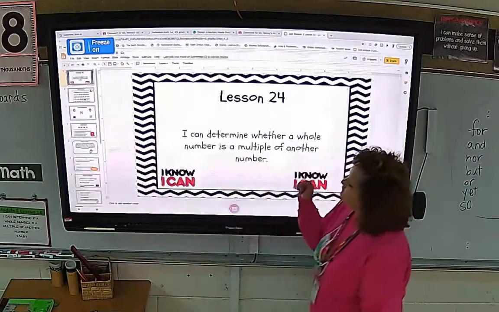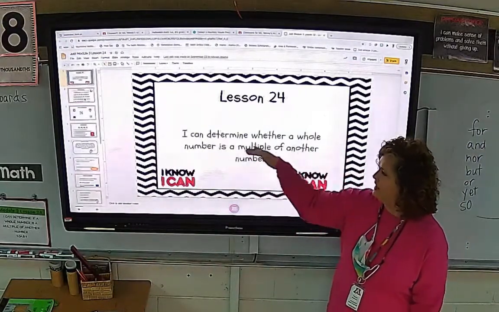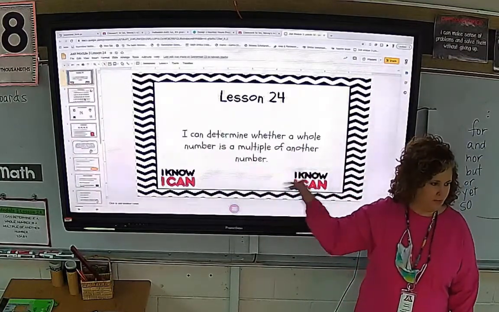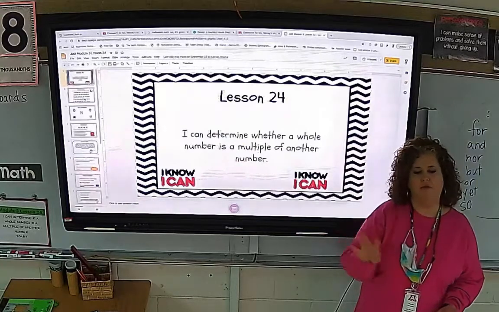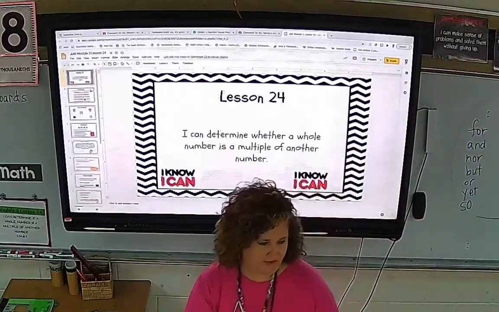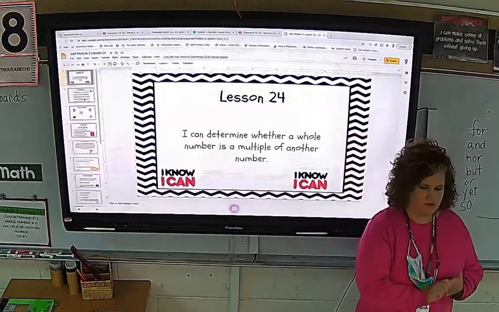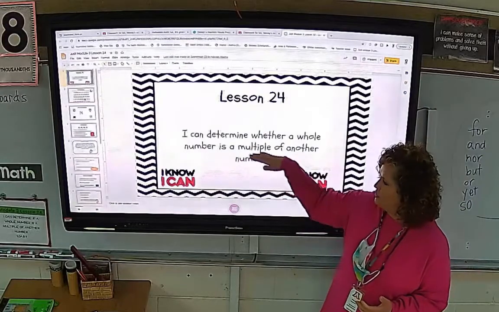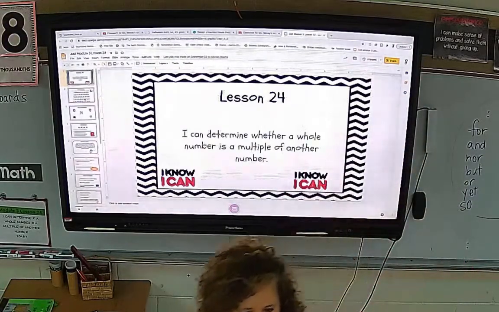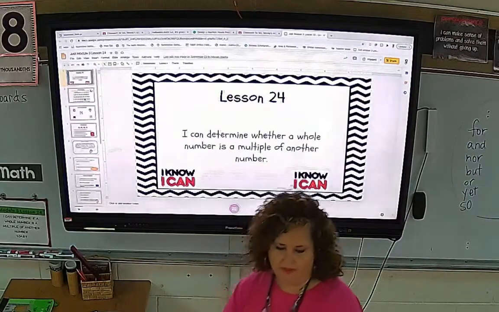All right, so lesson 24, we're talking about, it says I can determine whether a whole number is a multiple of another number. Okay, so we are pulling in that fourth new word that I talked about last week. We talked about factors and prime numbers and composite numbers. Still going to talk about those. But today we're pulling in multiples because factors and multiples kind of work closely together. They're very similar, but different. And so we're going to talk about that